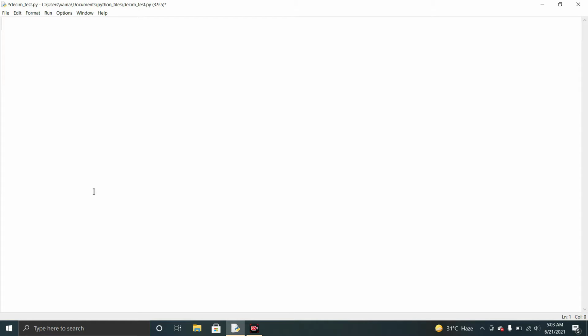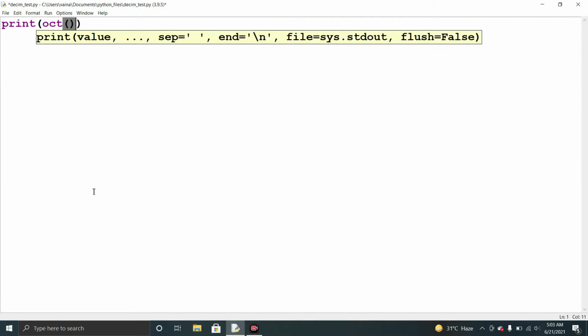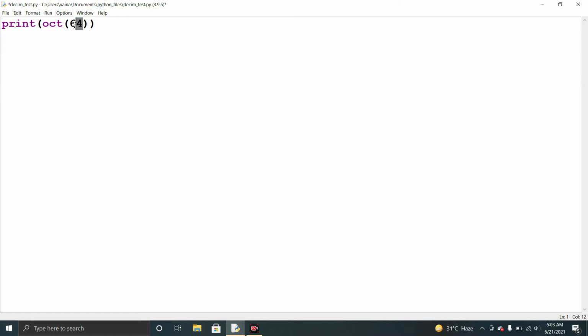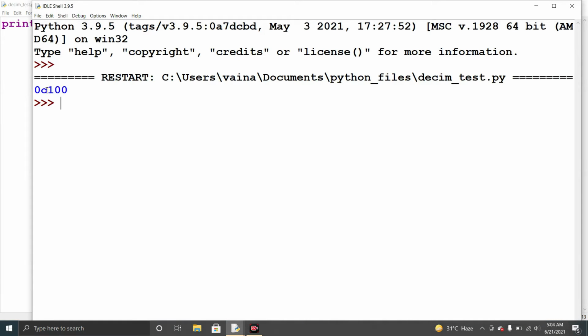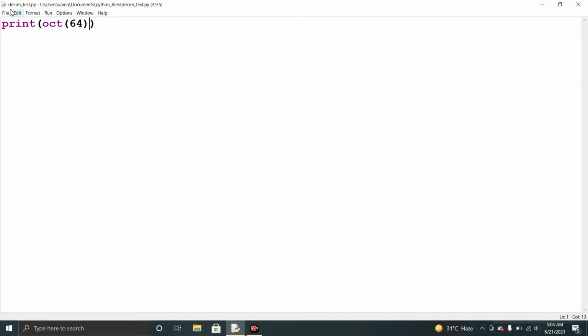Similarly, we can also convert from decimal numbers to the octal. Like if you print oct of 64, we pass the input integer 64 and we get the output as converted octal number, that is 0o100. It is the equivalent of 64 in octal.